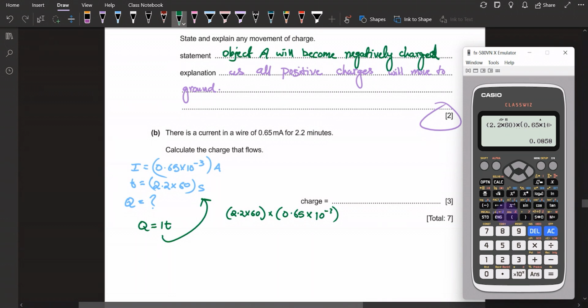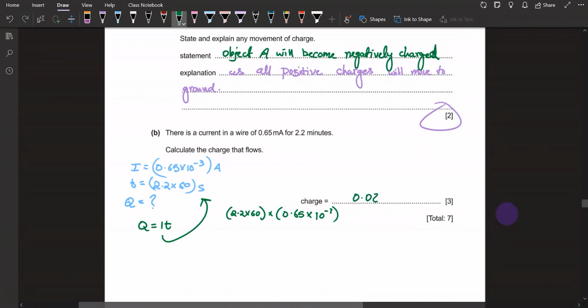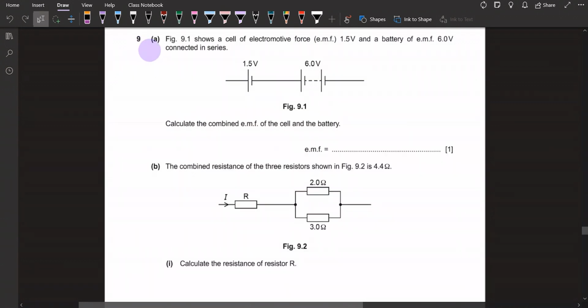We can round it off to 0.0860, and we are done with question number 8. Question number 9. Part A says figure 9.1 shows a cell of electromotive force EMF 1.5 voltage and a battery